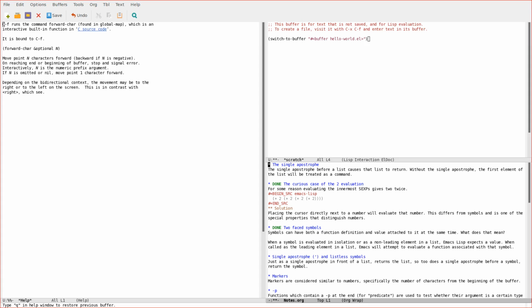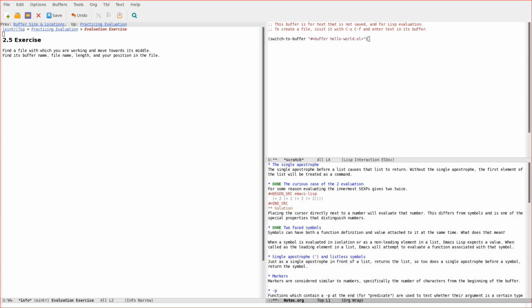Interactively, n is the numeric prefix argument. If n is omitted or nil, move point 1 character forward. Depending on the bidirectional context, movement may be to the right or to the left of the screen. This is in contrast with right. Okay. So we can feed forward-char, and then we want to evaluate